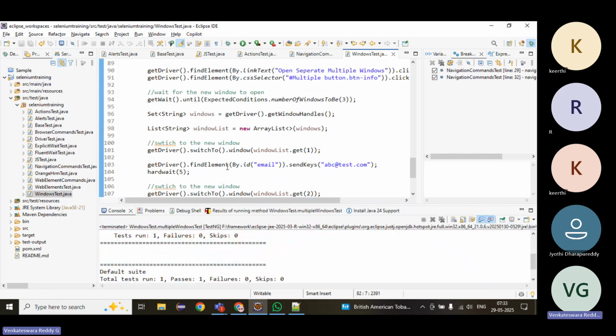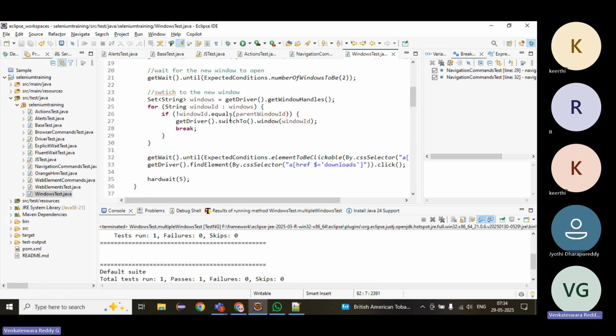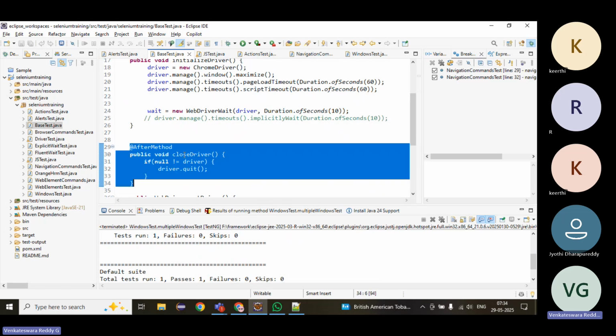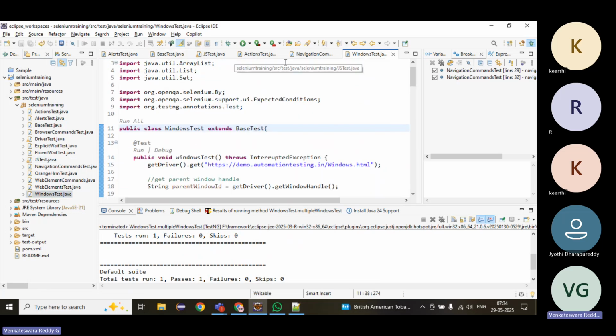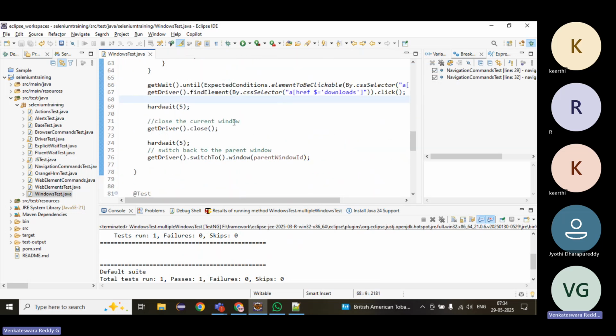Now, if we want to close, quit means it will quit everything. See, quit already closed everything. In the base test's after method we have the quit method. It closed all the windows. If you want to close it after switching,